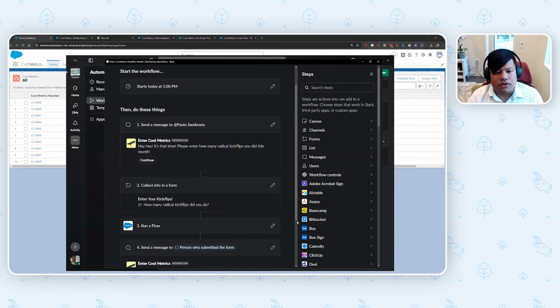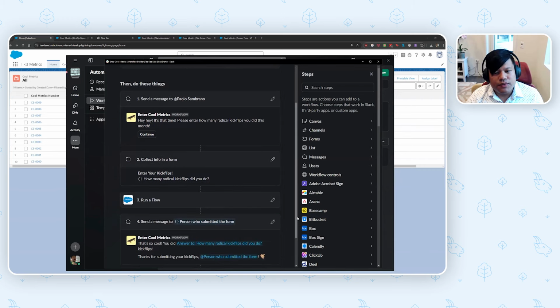Now, this is the good stuff. Once we get it in our users' hands, what do we want it to do? Well, we're going to use these steps on our right-hand side to build those steps and actions. And just a quick detour, you can do a lot of things out of the box with Slack Workflow Builder.